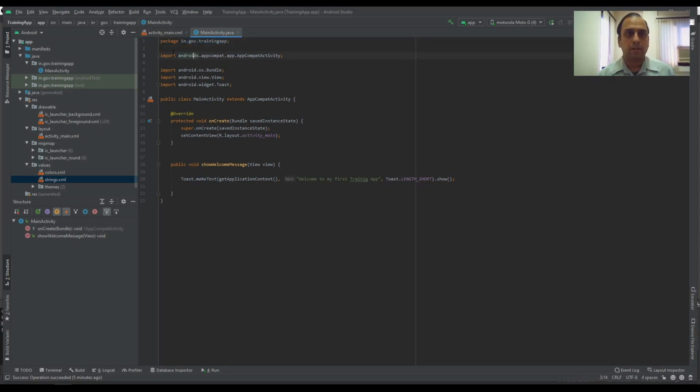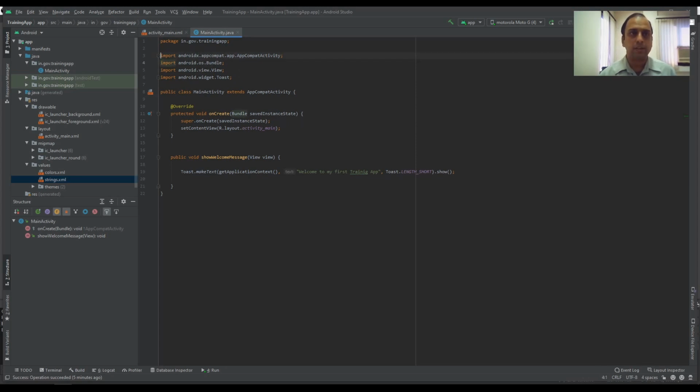Then import is something which is importing the libraries. So again we are importing the AndroidX library within the Android app. In AndroidX, we are importing the appcompat, then AppCompatActivity. Although it looks a little bit daunting and difficult, Android Studio will take care of all these things. As soon as you type AppCompatActivity, it will work out which library this particular package is residing inside, and it will automatically download it.